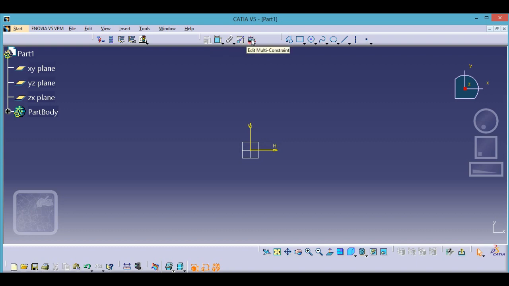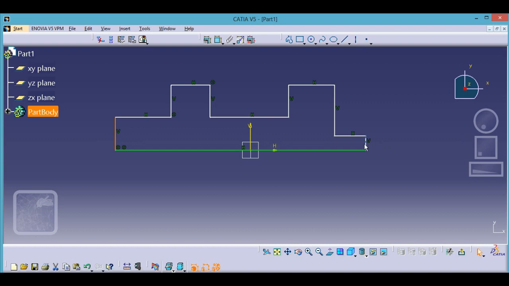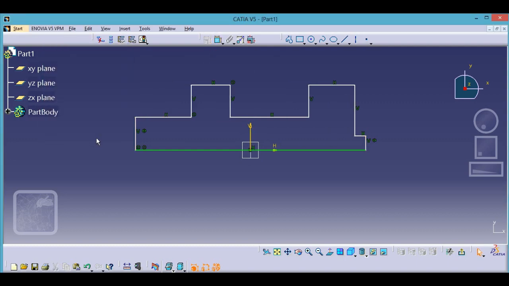Okay, next is edit multiple constraint. So I will draw a simple sketch for you. I will make this symmetry with this one, 2, 3 and symmetry.